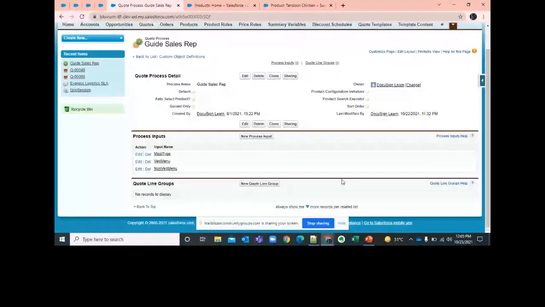And the two most important things that you have to write down, note down, or keep in memory forever: always populate the code process ID on the code object, otherwise your guided selling won't work, trust me. Second, always have your product populated with the correct value for guided selling. That's it. Let me see if you guys have any questions or not.